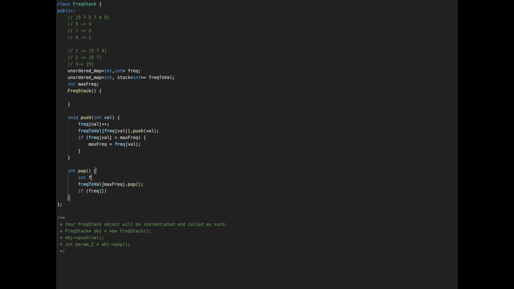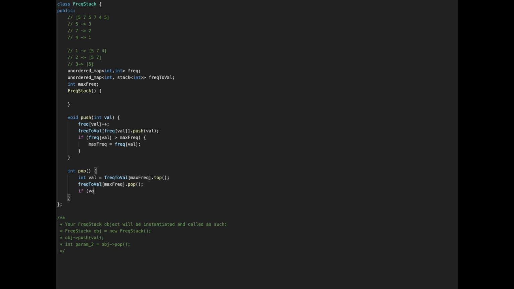Because we need to return that value after popping it, we also need to save the value before we pop the max frequency top, and then